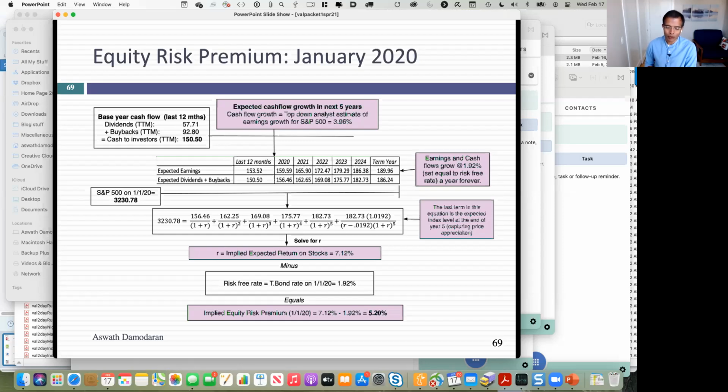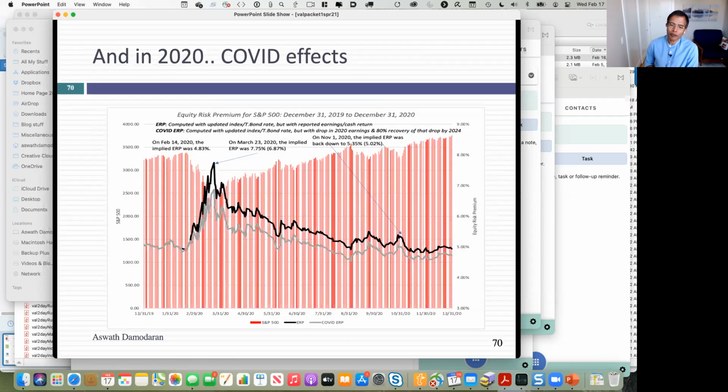So we come into 2020. And of course, on February 14th, we get that news story out of Italy. Until February, I don't know why, we thought this was a virus that was going to stay in China and cruise ships. If you remember the news story, oh, this is not a big deal. And of course, February 14th, we woke up to a nightmare. And for the first 5 weeks, February 14th through March 23rd, we were in complete meltdown.